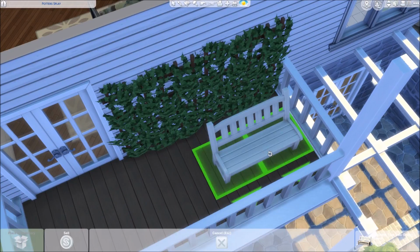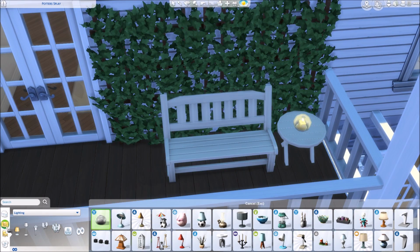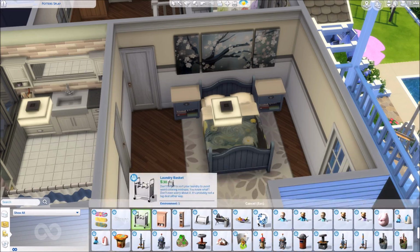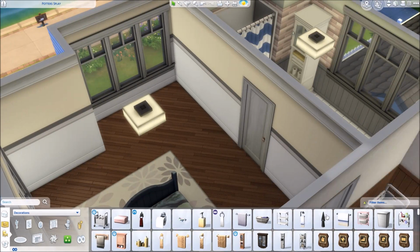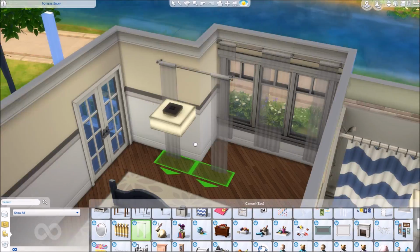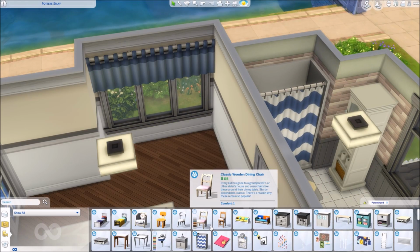Oh, and the bench. I also add in a bench and a table with a little light. I mean, that balcony is so small. I actually wanted an easel and some more items, but it was just so tiny. I went with a bench instead. So we're almost finished here. Just doing some curtains, gonna add in a dresser, and